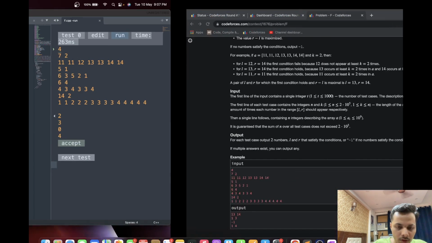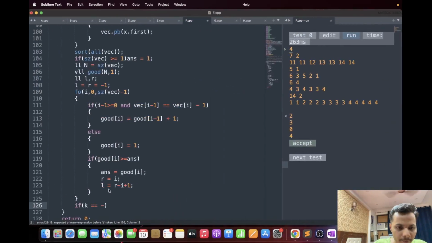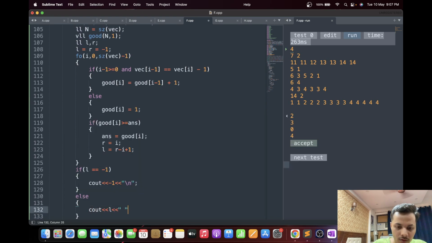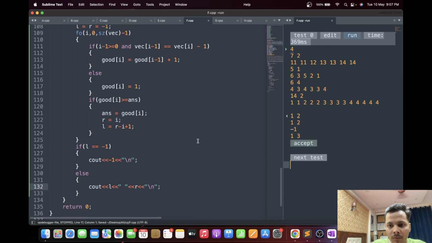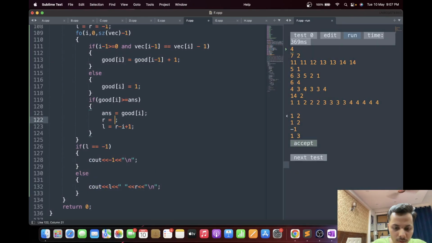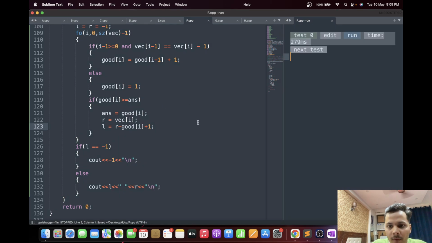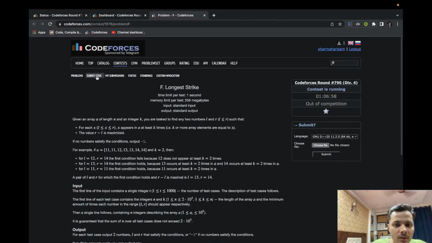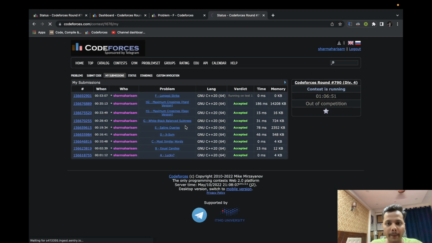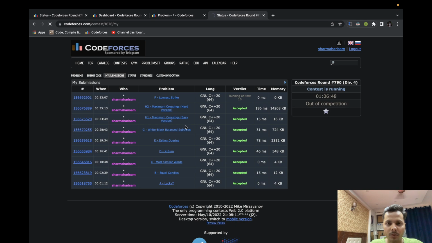If L is equal to minus 1, we will simply output minus 1, otherwise we'll output L and R. Okay, this should be vec of I. And this should be good of I. Okay, makes sense. Hopefully this is going to work.